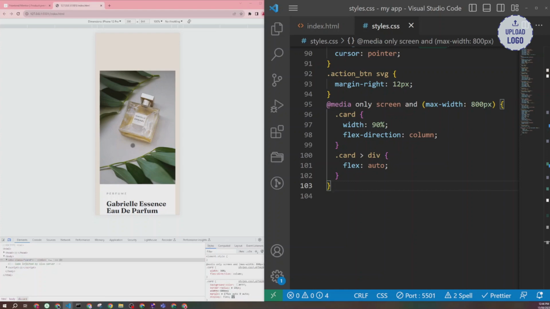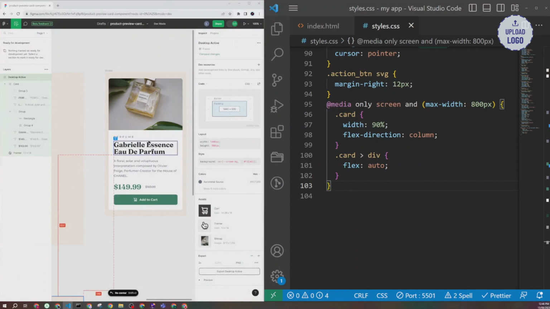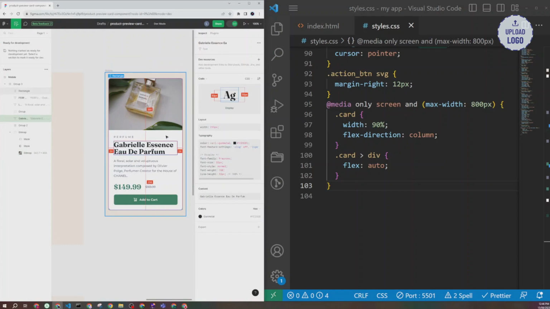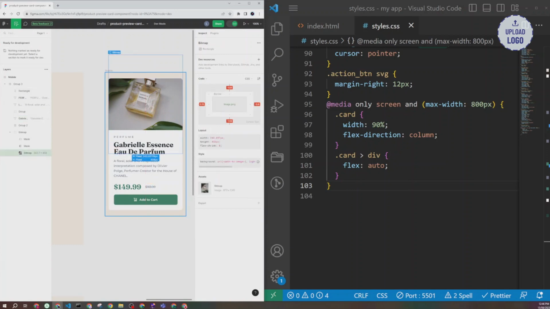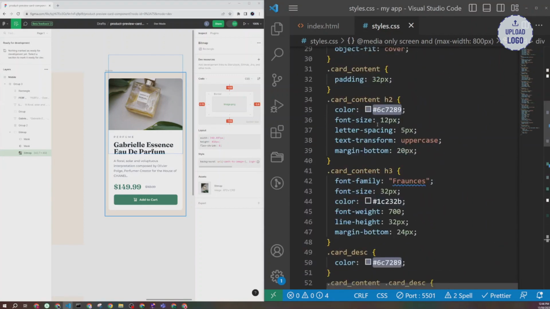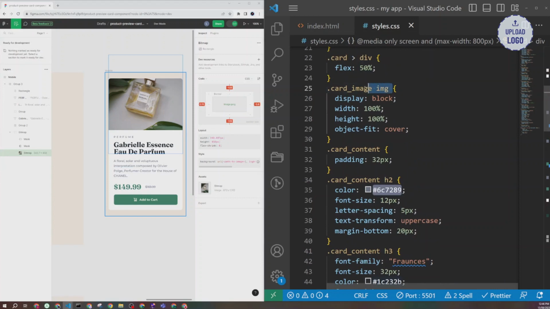Okay, so the image itself, I want it to have less height because of my design. So if I come here and double click until I figure out the height of it, in the Figma, this one is not really properly done, so I can't select only this, but I'll give an assumption of, for example, 240 pixels. Okay, and the way we will do that, again, we come here, see what class name we used before for that image. See, card image space image, so we'll use the same selectors,